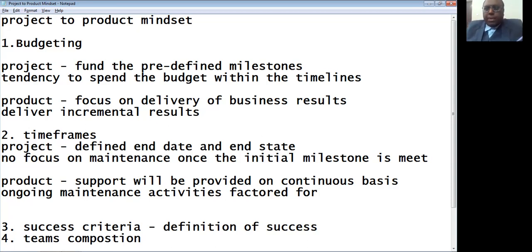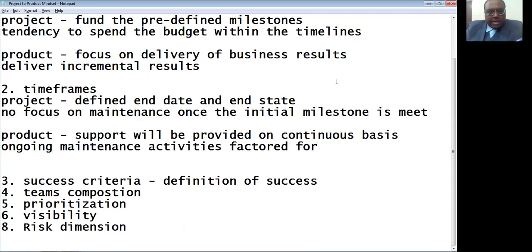For this fixed parameter, what happens in a project mindset, and what actually happens in a product mindset. If you do it in a very structured manner, the benefit is you are covering the breadth, and for the given segment or attribute, you are also covering the depth. So your answers will have both breadth and depth. Now let us get into the success criteria, or the definition of done.